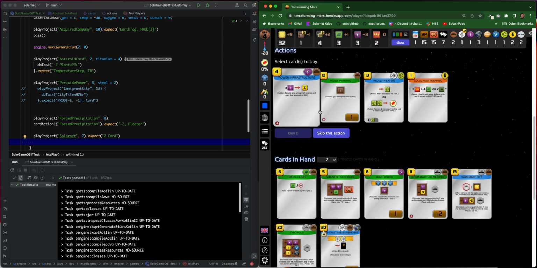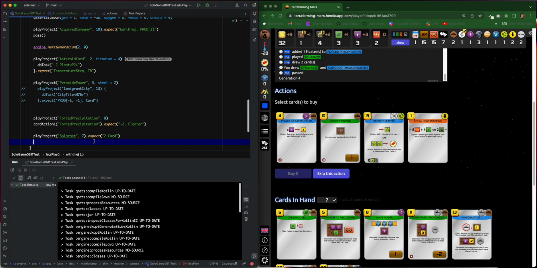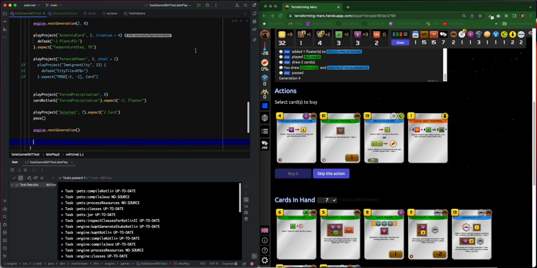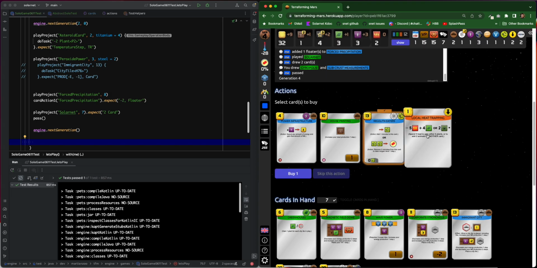So let's pass. And pass. Next generation. Yeah, if we want to test the dashboard, it's already gone ahead and done production here. So we better go ahead and buy cards. I don't want any of these except...